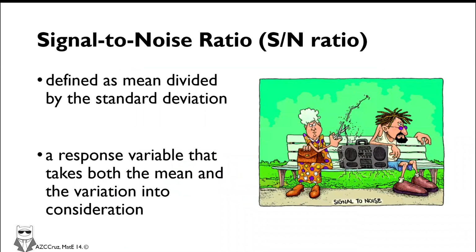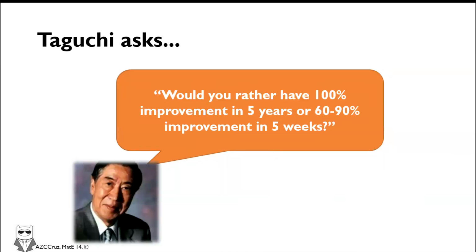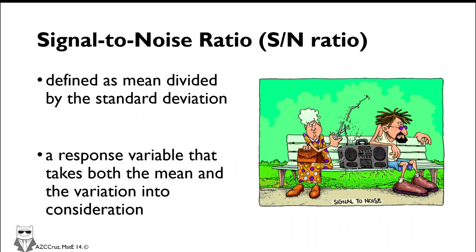Okay, so again, ang goal natin, gusto natin, 'di ba, fast improvement kahit hindi 100%, as long as we achieve the improvement in a shorter amount of time. Okay? So, the way we do optimization in Taguchi is actually through yung tinatawag na signal to noise ratio, no? So, this is an analysis of the signal to noise ratio. Okay? So, you probably heard of this term before. Signal to noise ratio can be applied in many industries or many applications. Basically what signal to noise ratio means is that